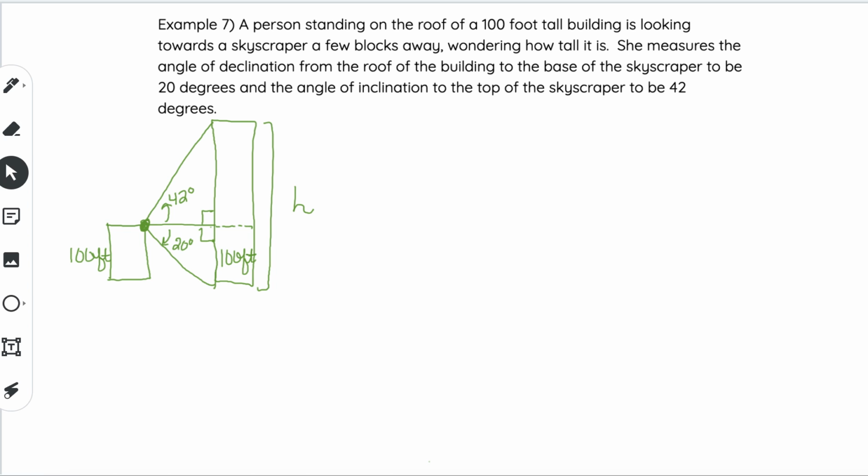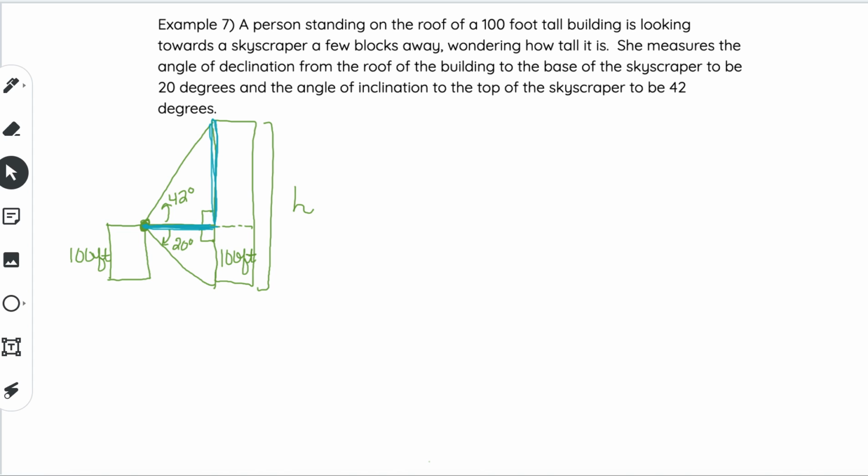But I'm only given, on my top triangle, a degree value. I'm going to need to find this length here so that I at least have a base length that I can use in order to find the other portion of the skyscraper. So we already know that a portion of the skyscraper is 100 feet. We need to know what this other height is. So we need both of these triangles to help us find some information. So I'm going to start with my bottom triangle and find this length here, the length from my person to the skyscraper itself,